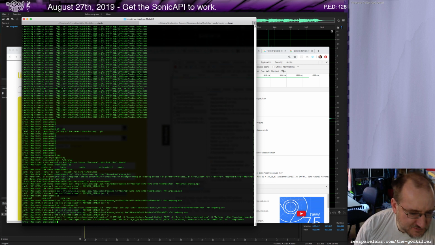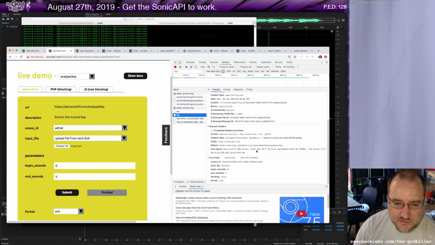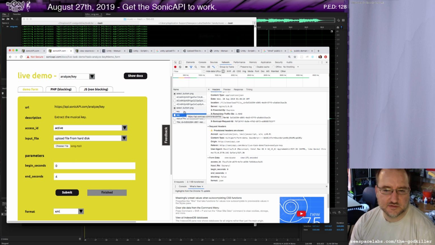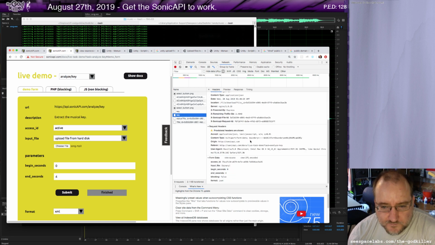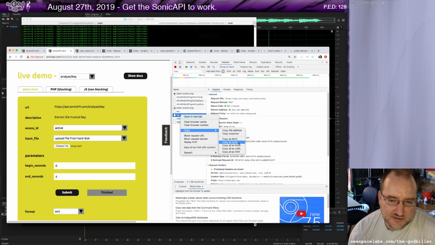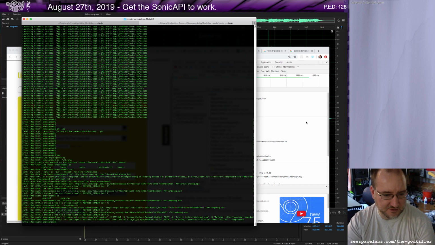No, it doesn't look like it has enough info to actually do the thing. Let me see this next one. Oh, I was looking at the options one maybe. Yeah, let me try this next one. It kind of looks like they're sending up the file with the key request. So let me copy that, curl. I don't know if this one will be successful because